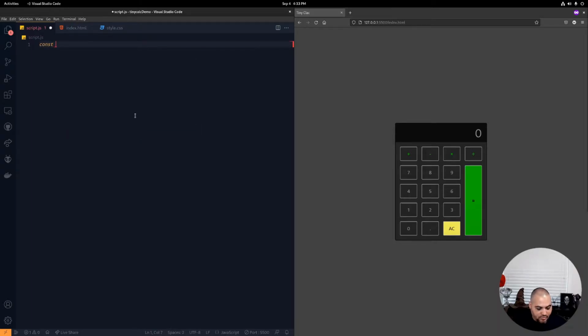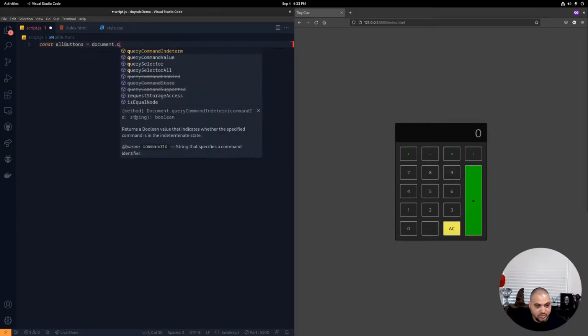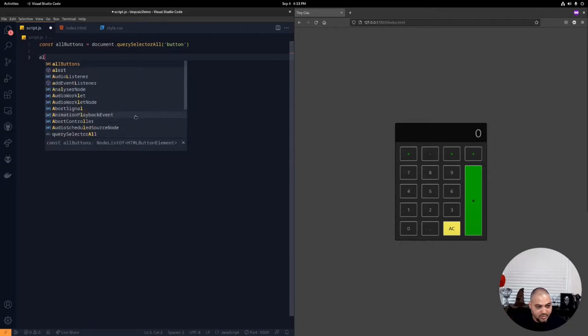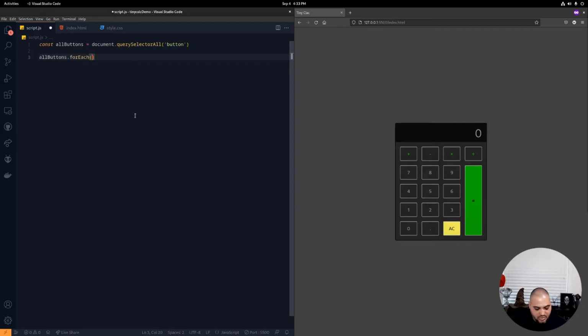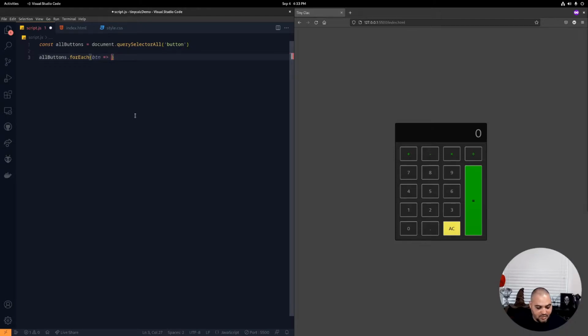So let's go all buttons, document dot query selector all, and then we're gonna select for all the buttons. So that is that, and then let's go here, all buttons dot, actually not map, we're gonna for each one we're gonna add an event listener, and let's see, button dot add event listener. We're gonna listen for a click,